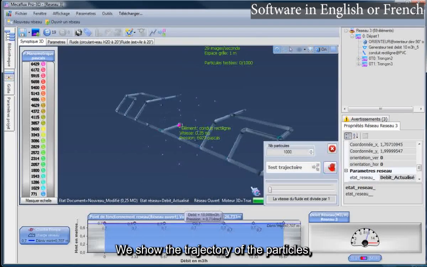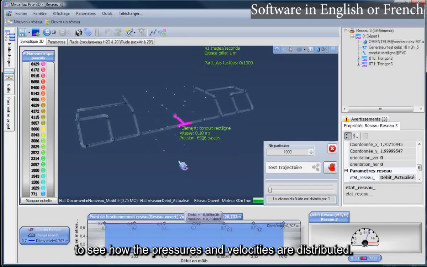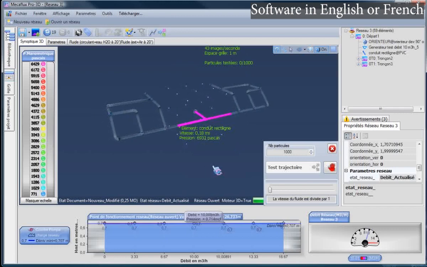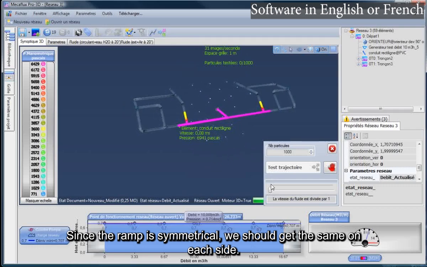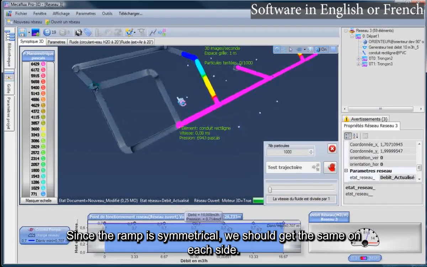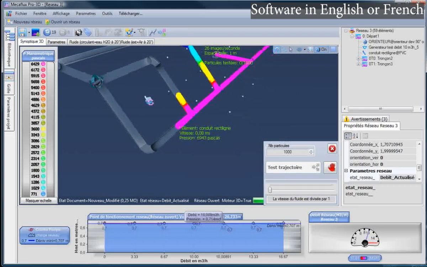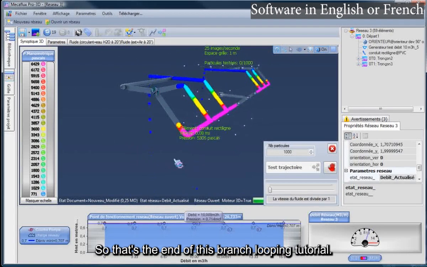We show the trajectory of the particles to see how the pressures and velocities are distributed. Since the ramp is symmetrical, we should get the same on each side. So that's the end of this branch looping tutorial.